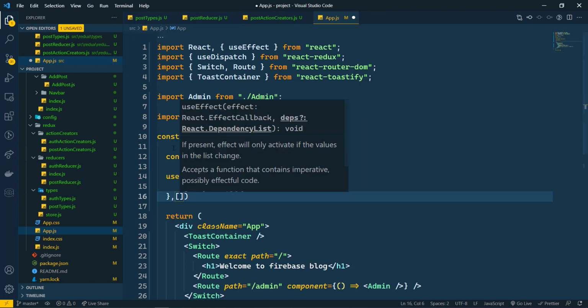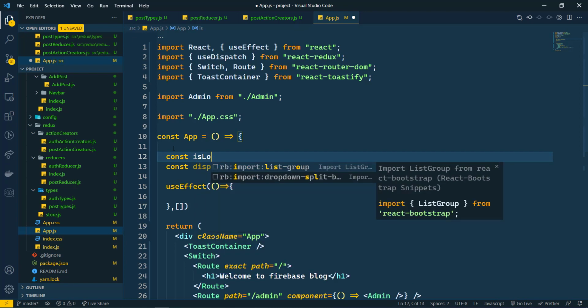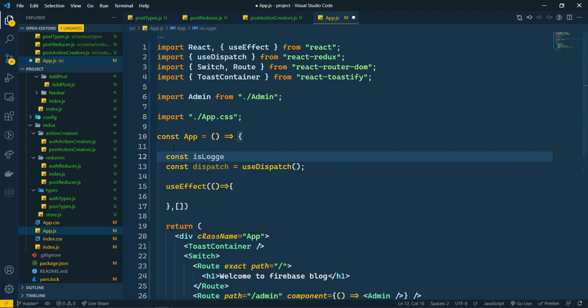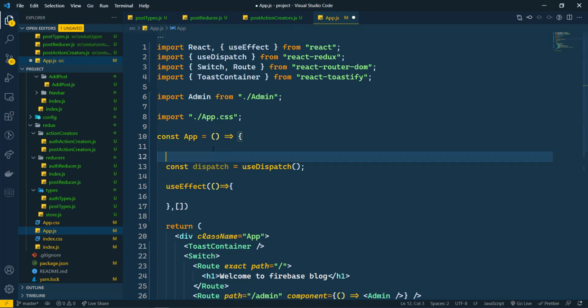We are not going to use the selector also. So here I'm going to use check is logged in. If the user is logged in, but I don't want this, I just want to render this only at the first view. So we will check if it is loading, isLoading.